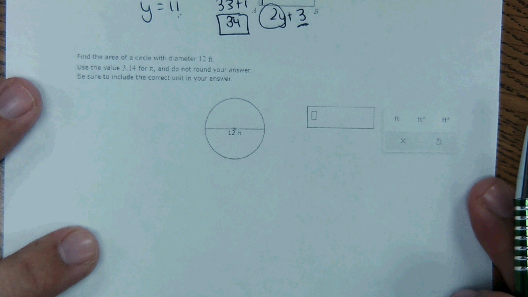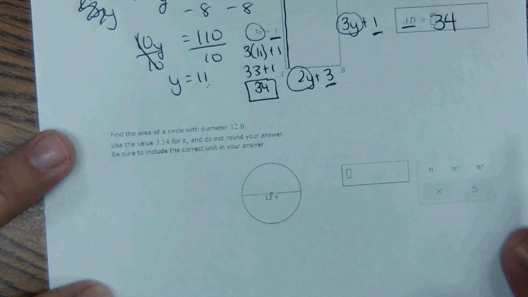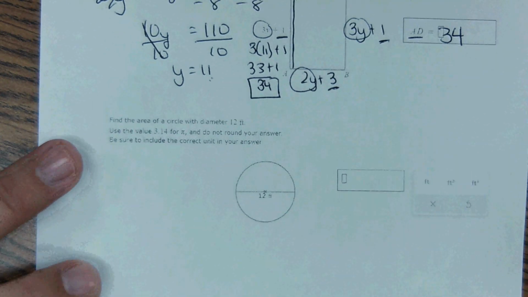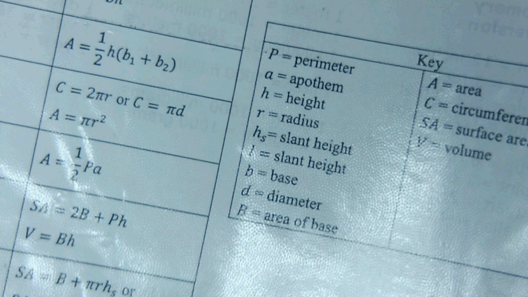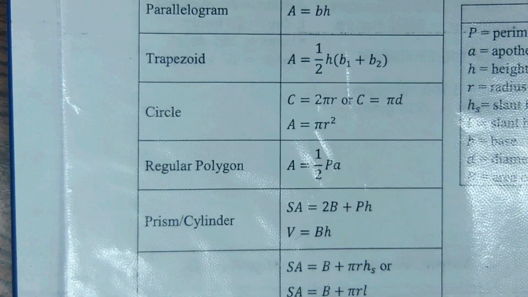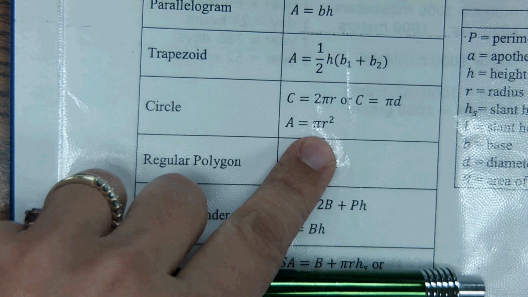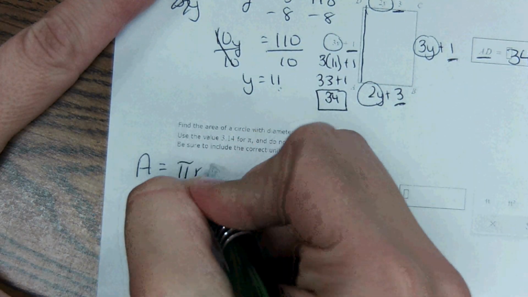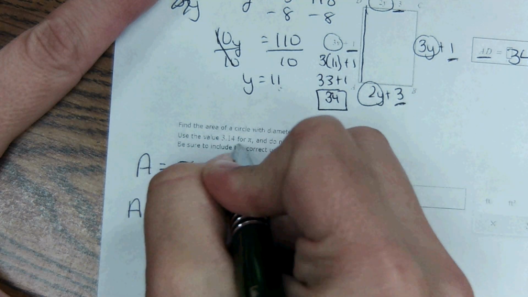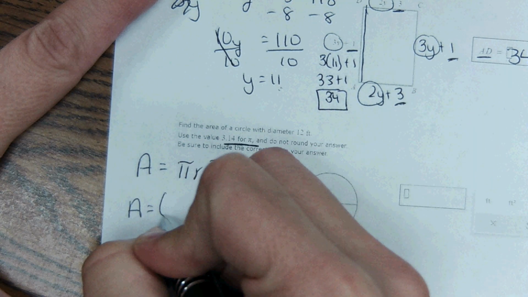Okay, then last one, it says find the area of a circle with a diameter of 12 feet. Area of a circle, that equation is on the reference sheet. Some of you might have it memorized at this point because we've used it quite a bit. But on the reference sheet, you would look for circle, and then area of a circle is right here, pi r squared. So you would write down the formula, area equals pi r squared, and then it says to use 3.14 for pi,